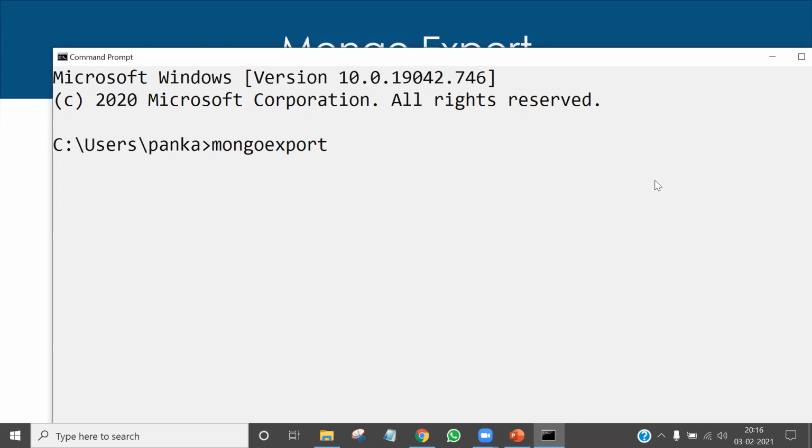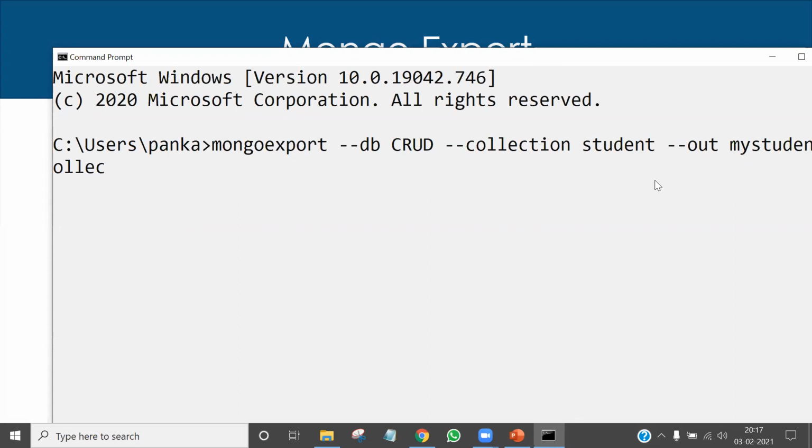So this is the utility name, and after that just pass the db flag and the name of the database, that is CRUD, then followed by the collection flag, then the name of the collection, that is student, and then we use the out flag and just the name you want to give to the exported file. I can write any name. Suppose I'm just writing my student collection, and finally the extension .json. So it will create a JSON file of this student collection at our current path.